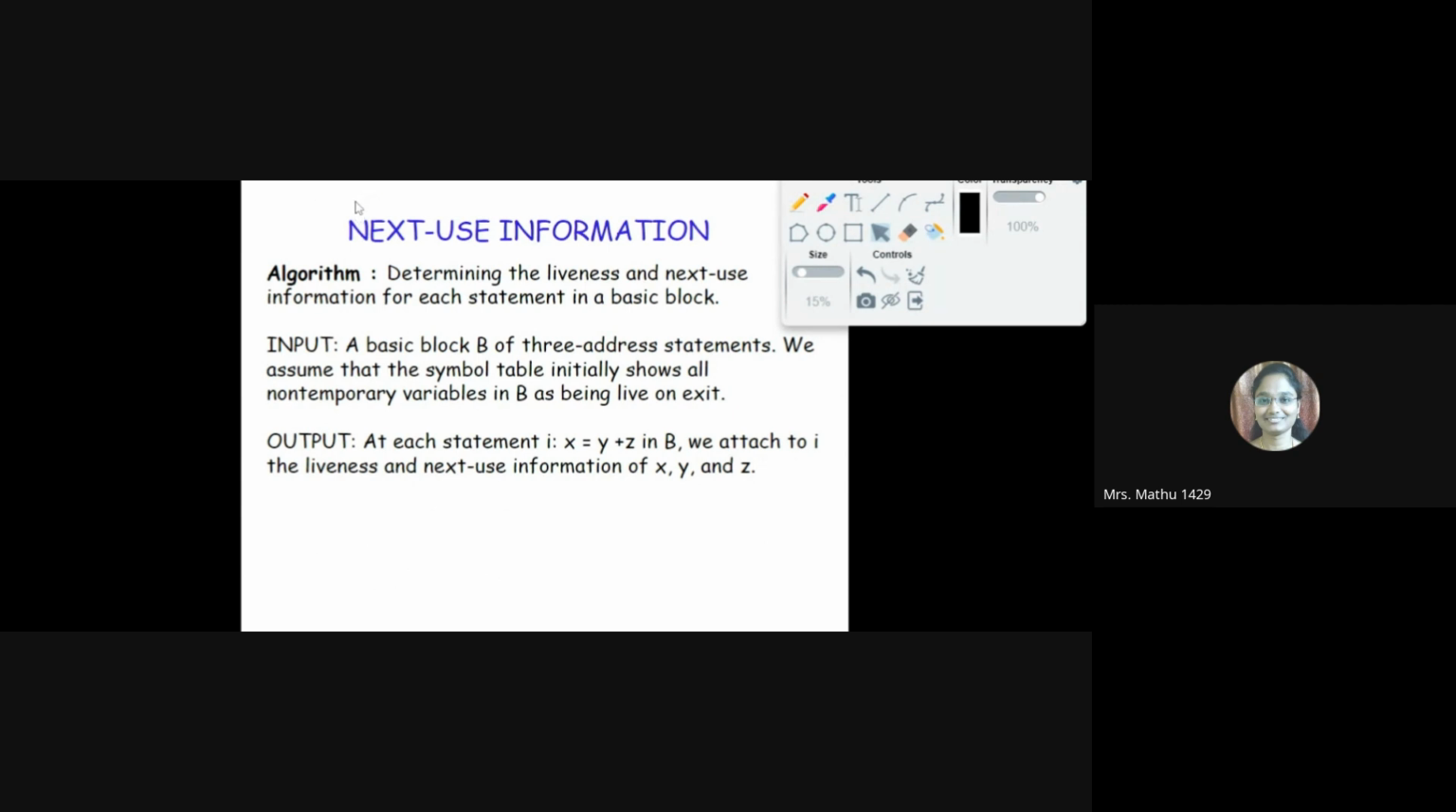Now in this, one important thing that we need to understand is that we have now constructed the basic blocks from the 3 address instructions. So now we know what the leader instruction is and how to construct each basic block using it. Now we assume that the symbol table initially shows all the non-temporary variables in the block as being live